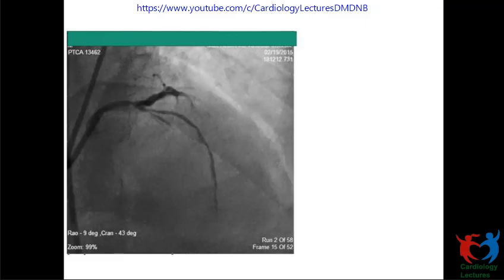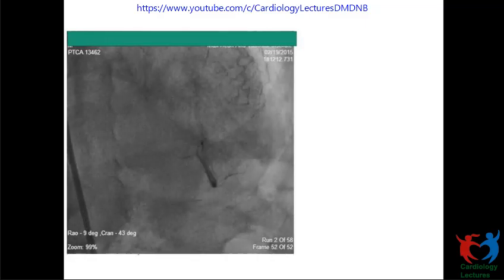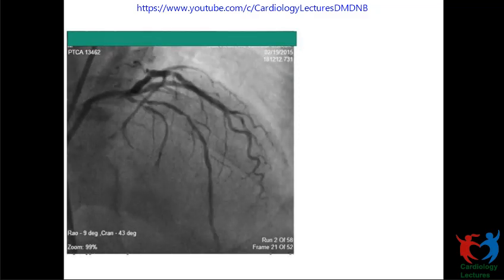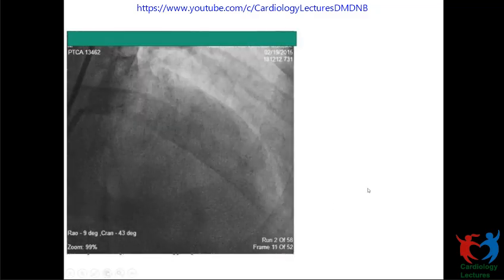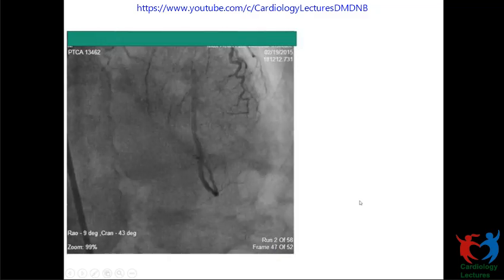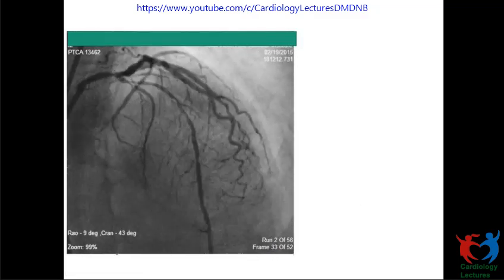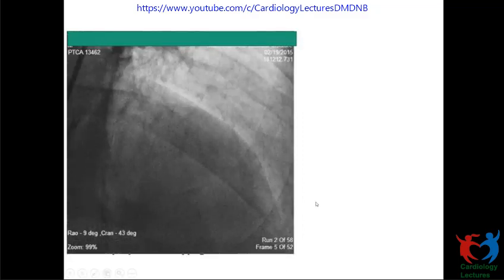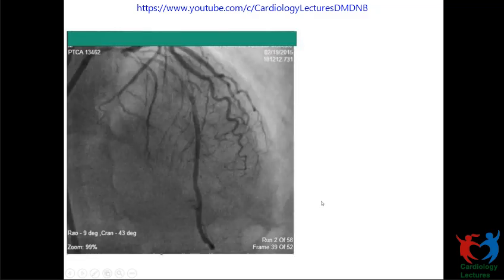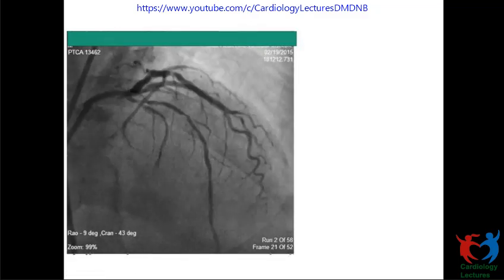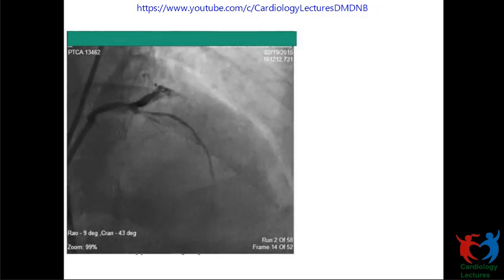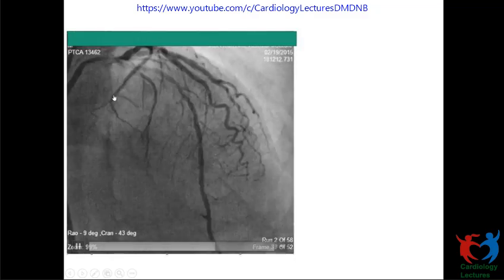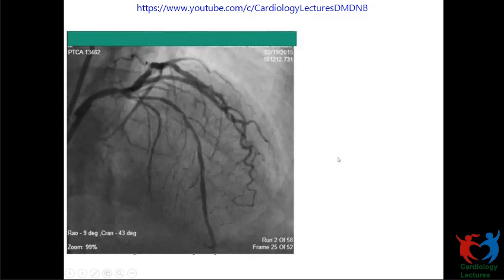So that point is well appreciated, and a lot of these things, after you wire, pre-dilate, the alignment of the vessels you decide as you're doing the procedure. Yeah, that's true. Because we will plan something, but negotiation of the stents and everything becomes difficult. So having the crushed material over that diagonal and on the carina is not a good idea. And ma'am, in case of left main and this kind of anatomy, I think we always remain prepared for plan B, because we might go wrong at any stage. Yeah. That also is there. Correct. So this LAD has a long segment disease that also we have to address.